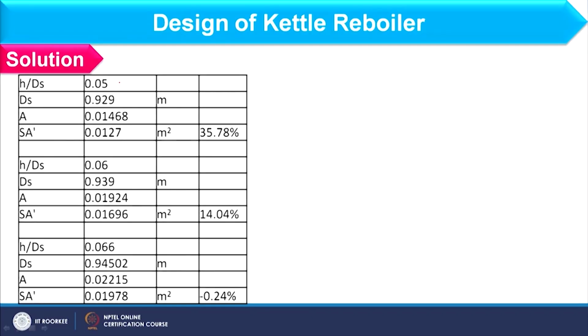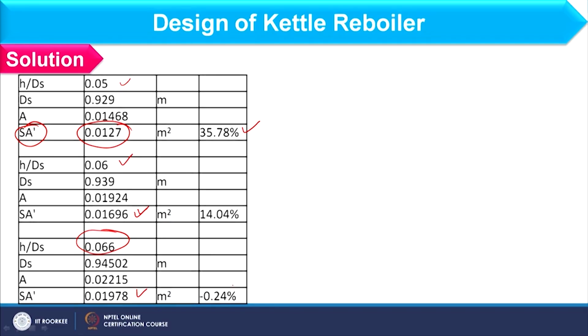H by ds I am now considering as 0.05, SA dash you can obtain as 0.127, and the error you can see. Okay. Now, the error becomes positive. So, you have to increase the SA dash value. To increase that, we should increase h by ds. So, now I am considering 0.06. Okay. So, SA dash you can obtain like this, which is still less than the SA. Okay. And further we have to increase h by ds, and finally we can obtain SA dash, which is equal to